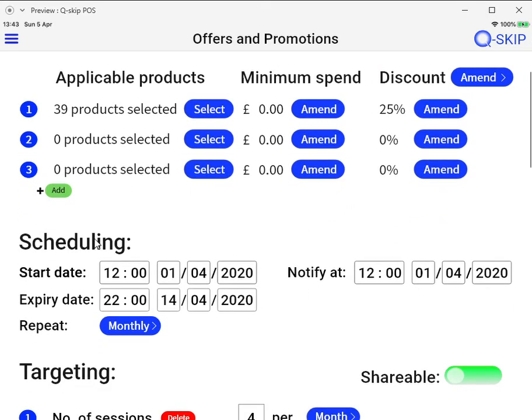Next thing is scheduling. So this one is starting at 12 on the 1st. So it hasn't been going for very long. That's only been going for a few days. And then it looks like it's going for almost 2 weeks. So that's the expiry date. And it looks like it's notifying at that time as well. So clearly when they were putting this together, they decided that they wanted to start it off and notify